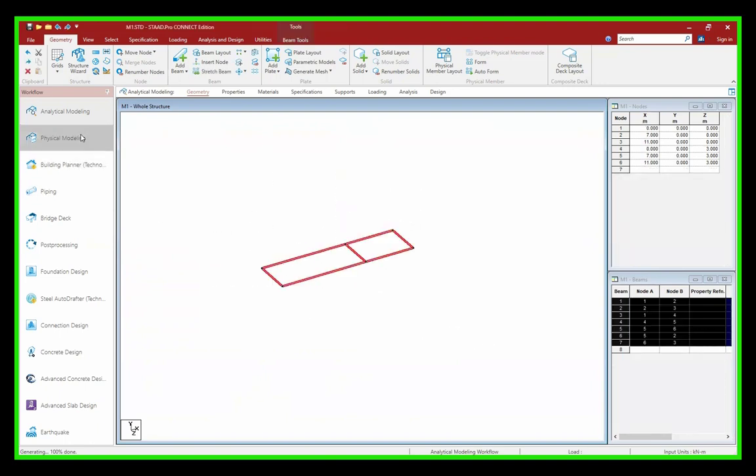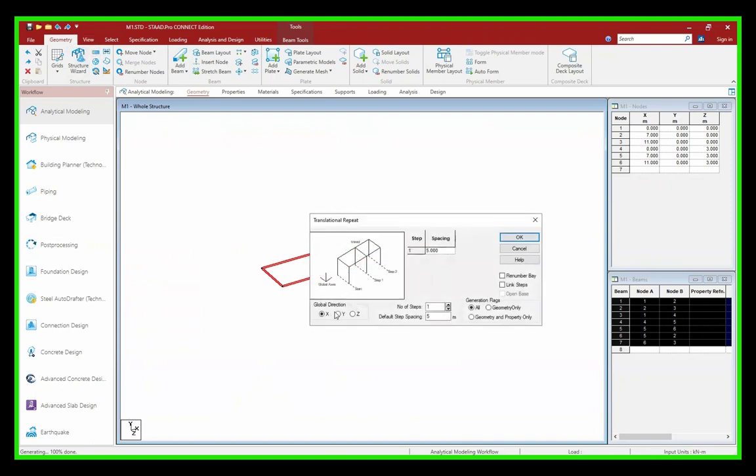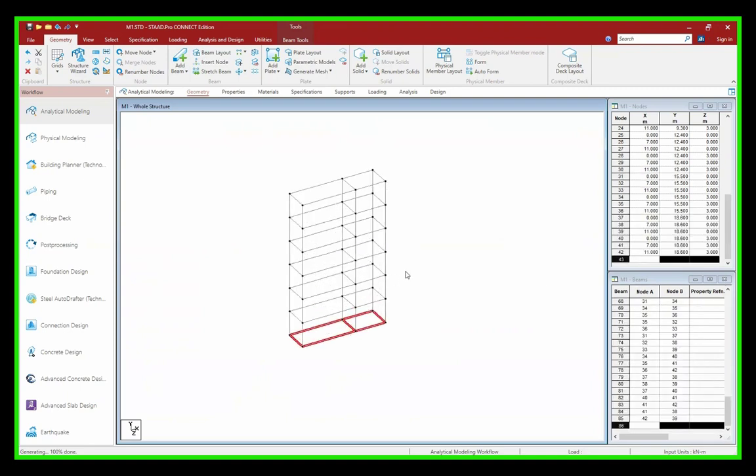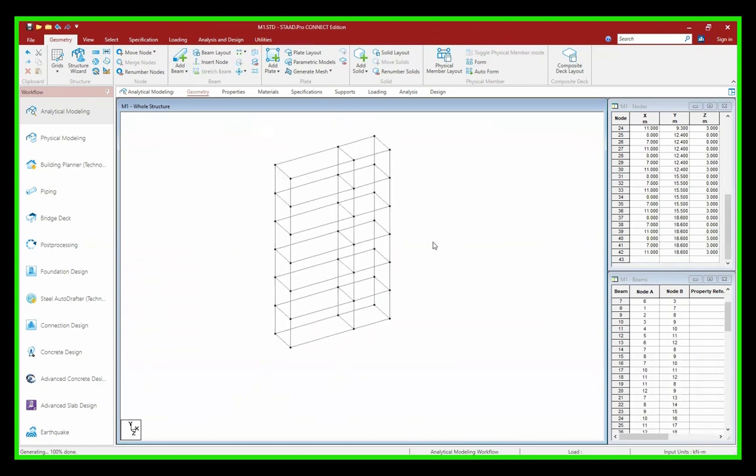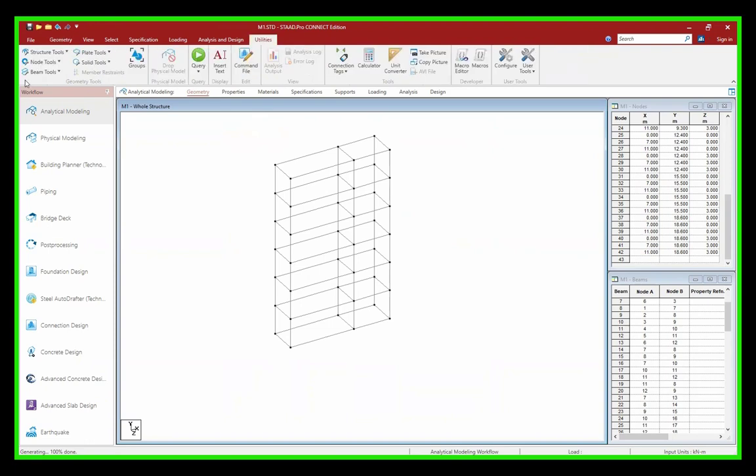So simply select, go to translation repeat. In Y direction, 3.1 meter, link steps. Okay. So now if you see, this is what I have created. If I want to see the dimension, how can I see that? For that, go to utilities, go to node tool, node to node distance.